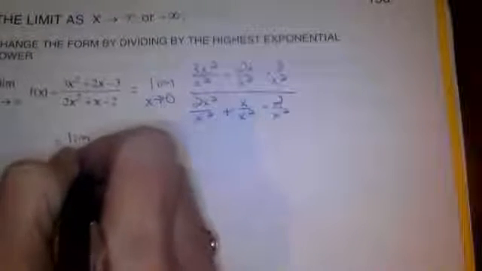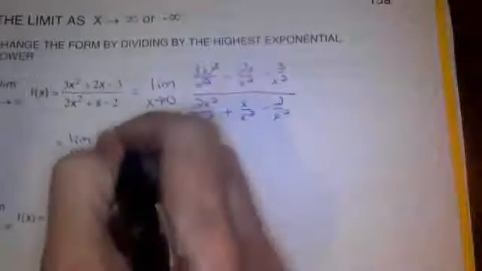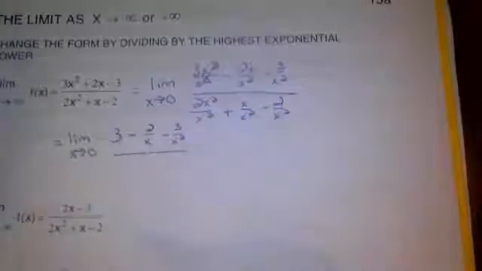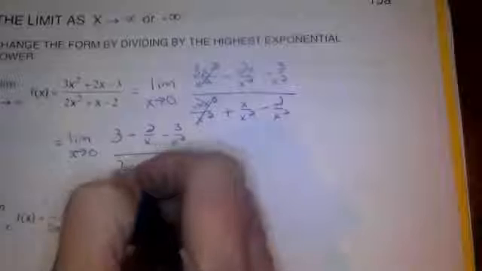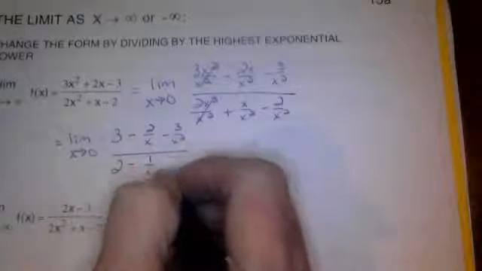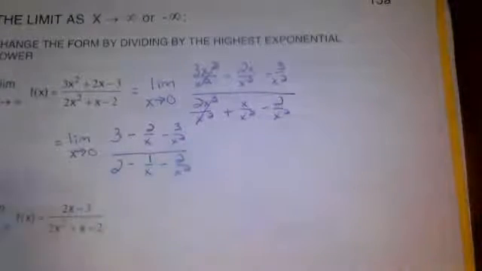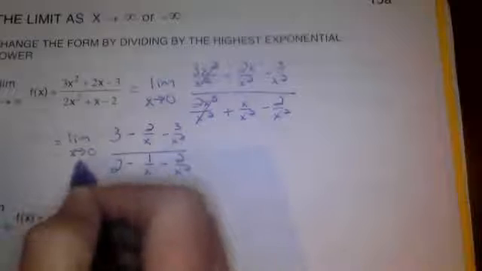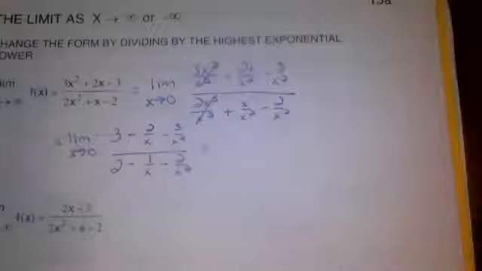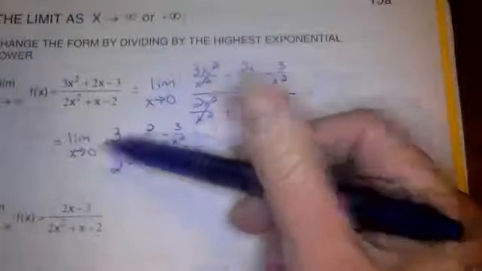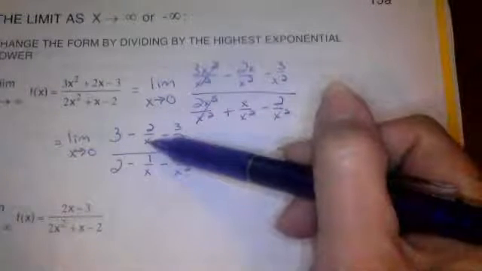the limit as x approaches 0 of 3 minus 2 over x minus 3 over x squared, over 2 minus 1 over x minus 2 over x squared. And now we're supposed to be plugging in this limit as x approaches 0. Well, like we talked about last year, we just didn't really have a good concept of limits. If I get x very close to 0 here,